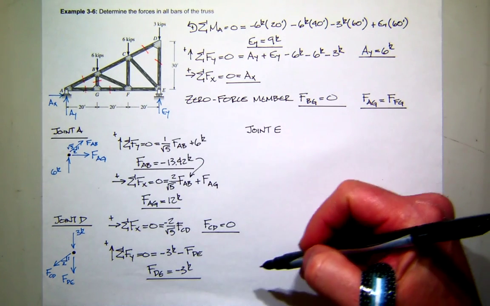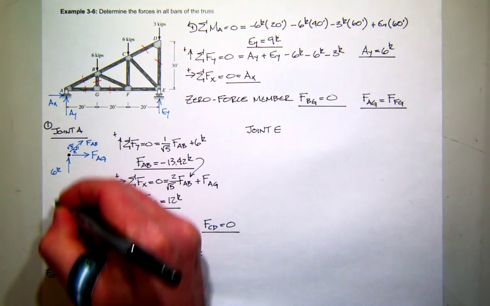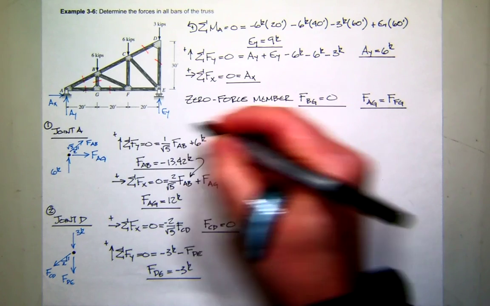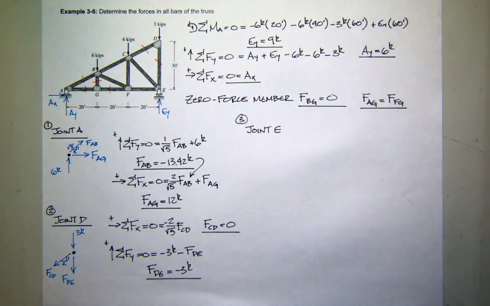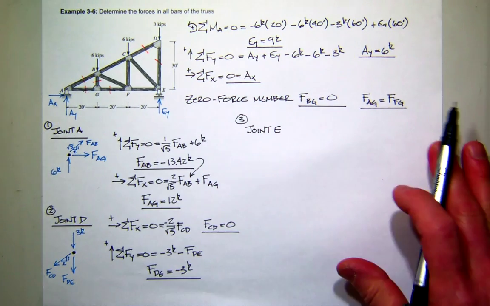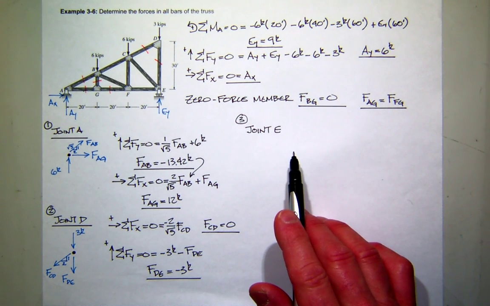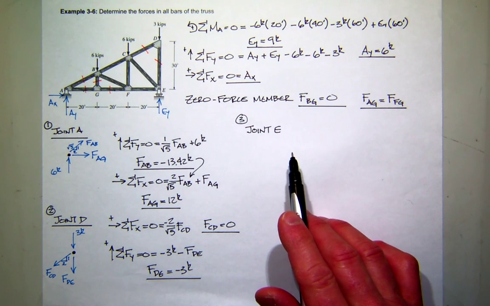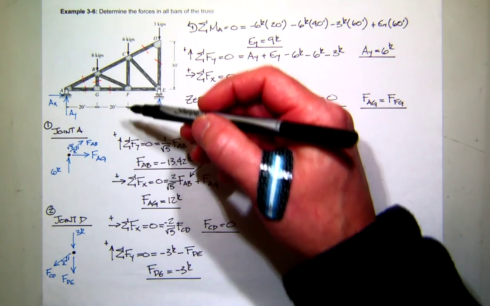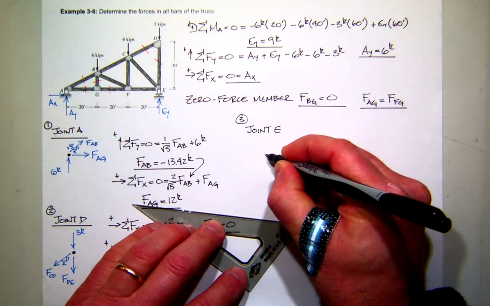I kind of did this in the wrong order. I'm going to go back and number these 1, 2, 3 in the order that we're approaching them. Because if you come back and read this later, you may try to read it like a book, and you would go from A to E, and there'd be a problem because it wouldn't work without the results from D. So we'll do it like you're reading a newspaper in columns. 1, 2, 3. So here we are at E,